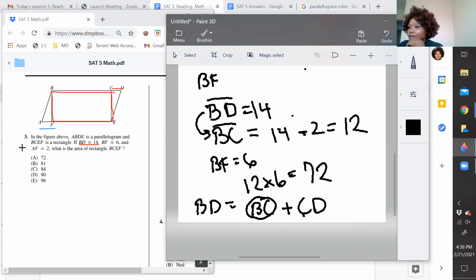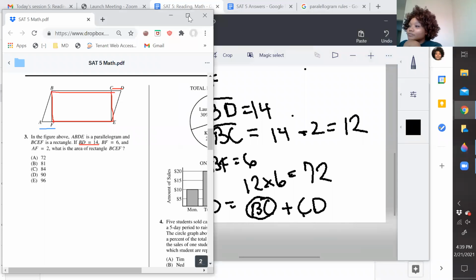And then we know that CD equals 2 because AF equals 2. So we subtract 2 from 14 to get BC. BC is, I guess you could call it the width. And then BF, as Miriam already said, BF is 6, it's already stated. So we multiply 12 by 6 to get the area because